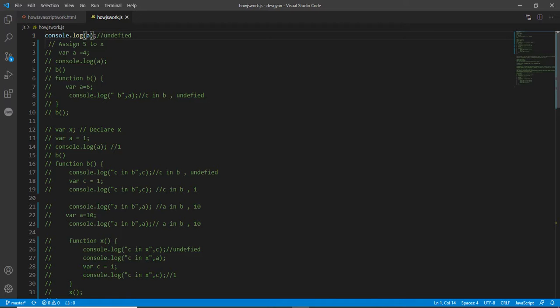So is undefined or not defined the same? How does JavaScript know that something is defined or not defined? This is the biggest question. Many people say that JavaScript already knows, and after that they are executing. Many people think that JavaScript is already scanning the code.